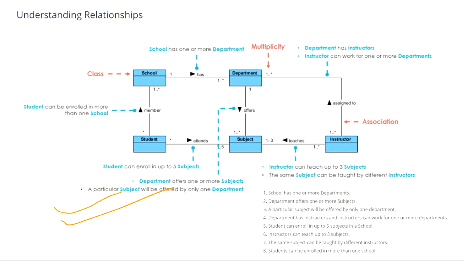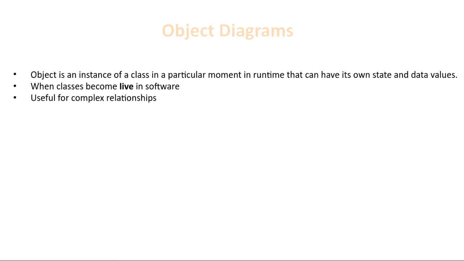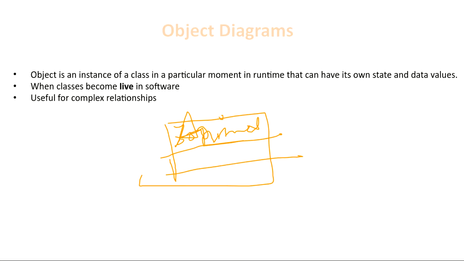Okay, clear? Okay. So now we will move towards the object diagram. We have seen in the last class that zoo example, right? You have a zoo class and an animal class. There were some properties: animal name, animal ID, animal age. Then there were some functions like sleeping, eating. So this was your animal class.